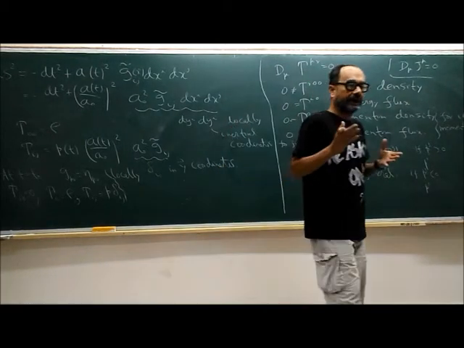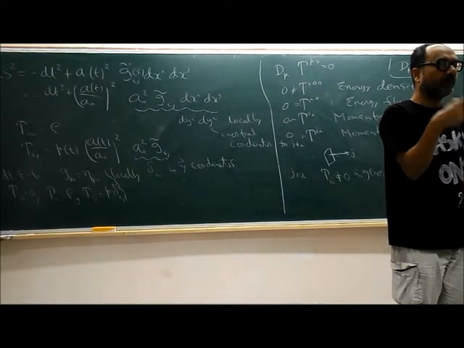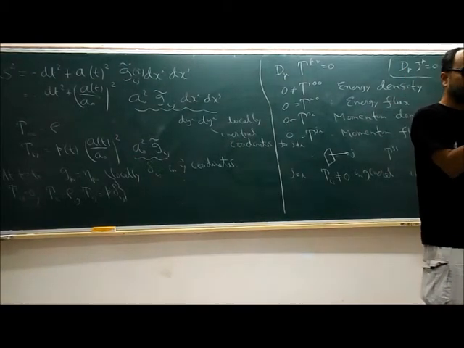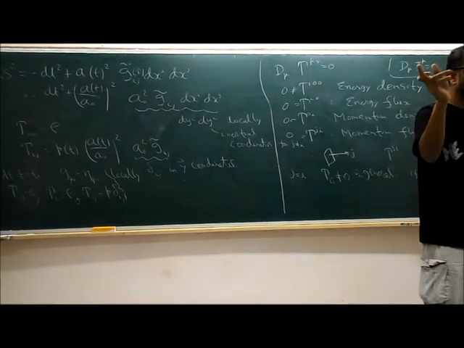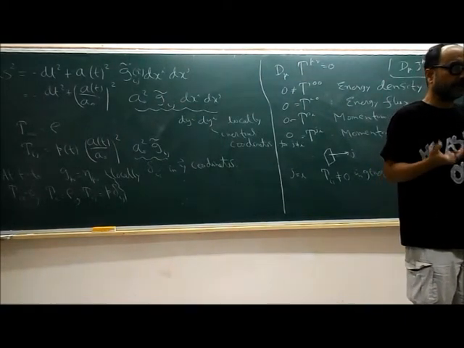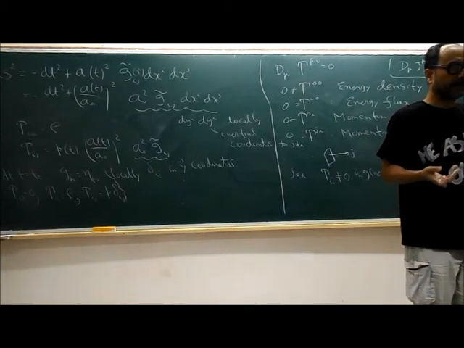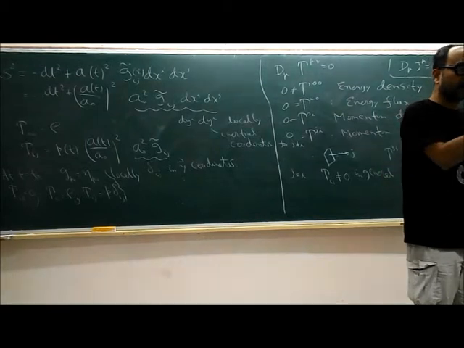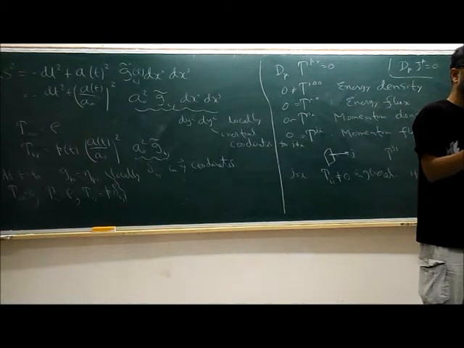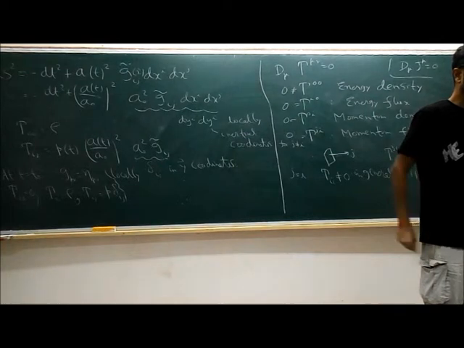Because if j is not equal to i, if you are trying to calculate the total flux in the jth direction for a momentum that is in the ith direction, there are two ways of thinking about it. Suppose the particle has moved in the jth direction, it's equally likely to carry positive P_i or negative P_i because it's an isotropic distribution. So the average P_i will be 0 for such particles. Similarly, particles which move in the negative j direction are again equally likely to carry positive P_i or negative P_i. So the average will be 0. So this is specifically for the isotropic case.